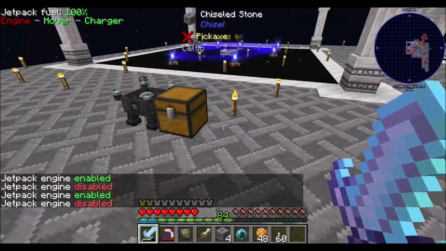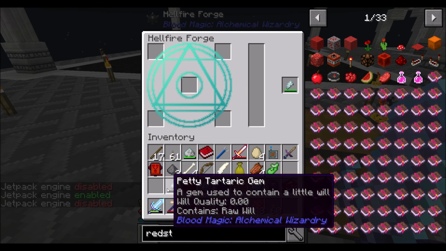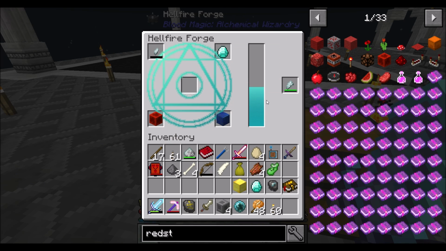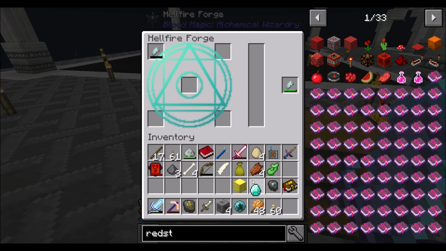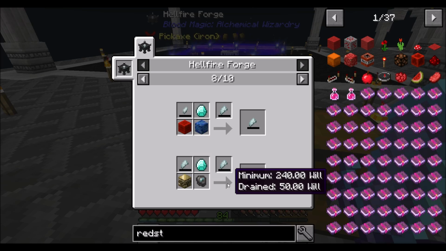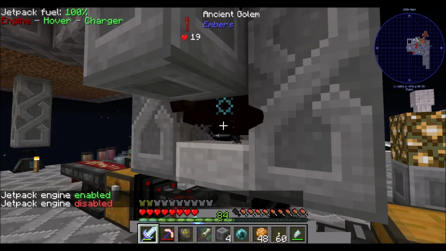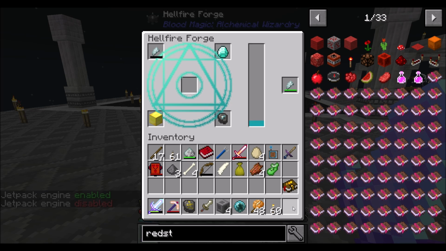So basically what we'll do is we will put you... So it's diamond, redstone, lapis, right? So diamond, redstone, lapis. That'll cook up, right? And then you are diamond, gold, slate. So diamond, gold, slate. Minimum 240. Haha. One moment. 247. Doesn't use the 240, it just needs to have 240 in the...